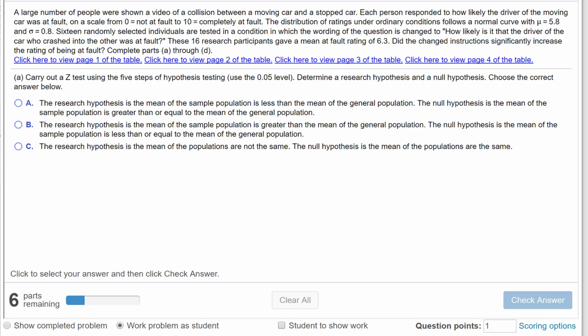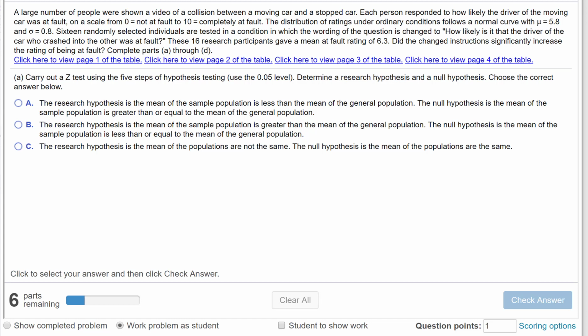So a large number of people were shown a video of a collision between a moving car and a stopped car. Each person responded to how likely the driver of the moving car was at fault on a scale from 0, not at fault, to 10, completely at fault. The distribution rating under ordinary conditions follows a normal curve with a mean of 5.8 and a standard deviation of